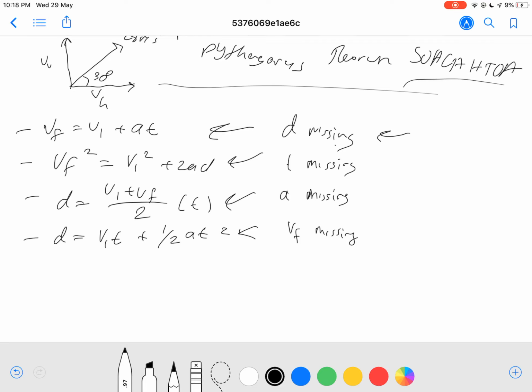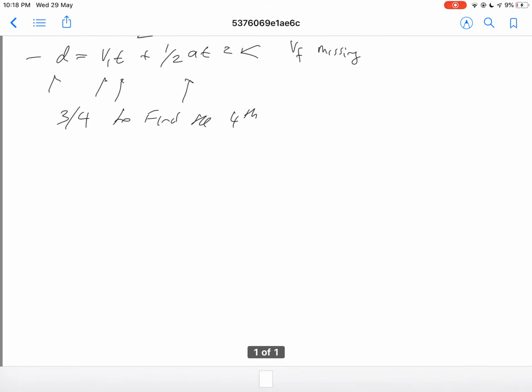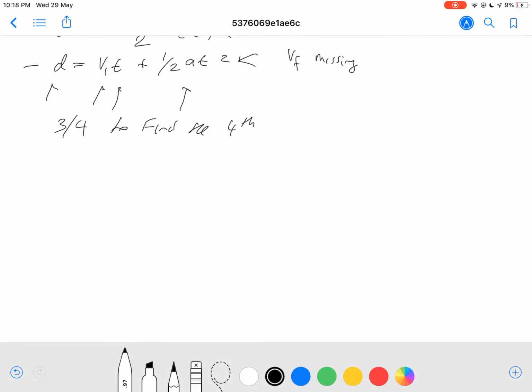To be able to work out something, you need to know 3 variables out of the 4. By variables, I mean, for example, distance is a variable, Vi is a variable, t is a variable, and a is a variable. So you need to know at least 3 out of 4 of the variables to be able to find the 4th one. Hopefully you understand what I mean. I'm not going to spend too much time on this because I don't want this video to get too long.